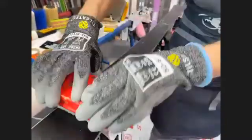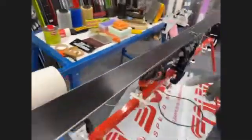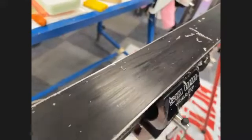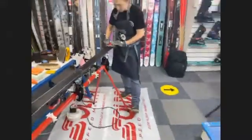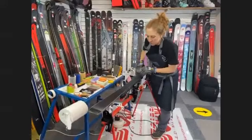Here we go, we'll do a little section here and you'll see the difference. If you look there, you can see the difference in this section that's been brushed, hopefully, and then this section, which is obviously still just from scraping. So I'm going to run down the rest of the ski with this nylon brush. All we're trying to do is brush the ski